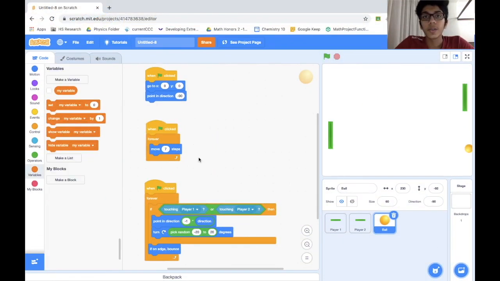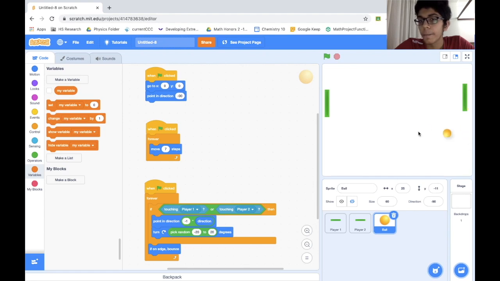We also need to add score so we know who's winning. But before we do that, we need to create a mechanism to detect if a player has won the point. For player 1, the player on the left, to win a point, player 2 has to miss the ball. And for player 2 to miss the ball, what that really means is that the ball goes behind player 2